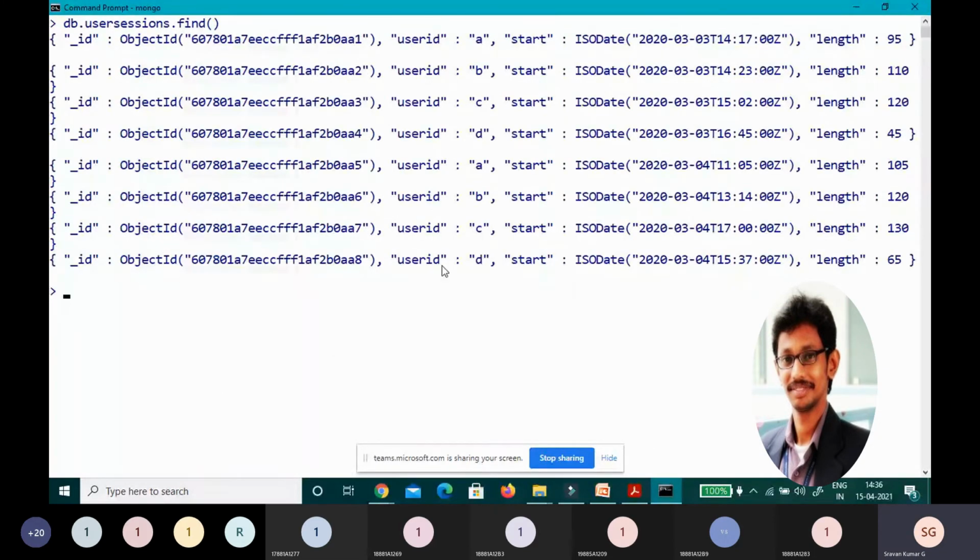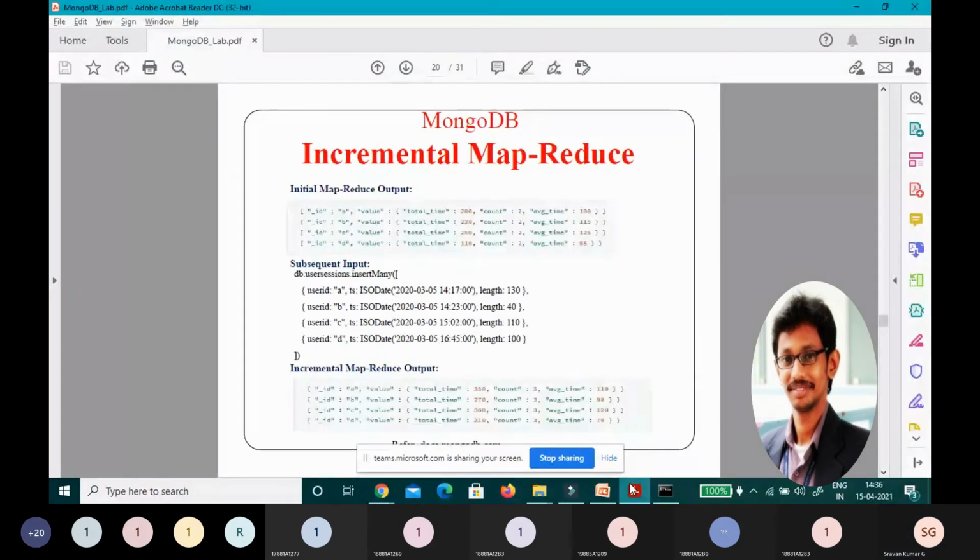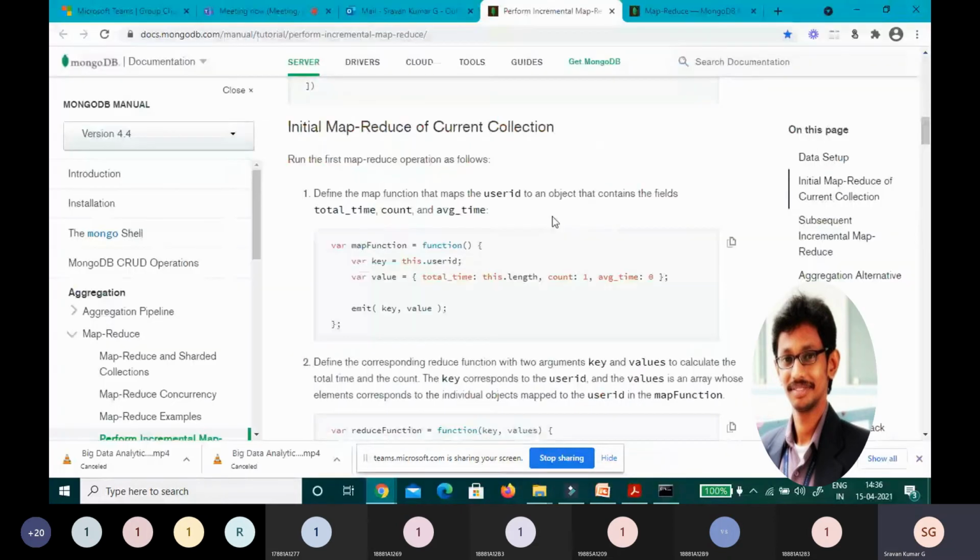In the earlier case I told you that, right? User ID is my key. And what are the values? Total time, count, and average time. Similarly here, I'm first creating a key, this.user_id. Next, the value is total time, count, and average time.